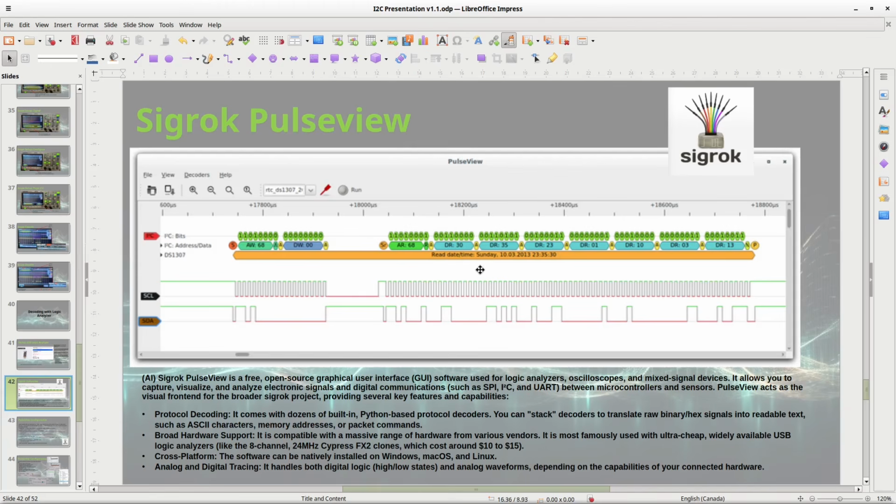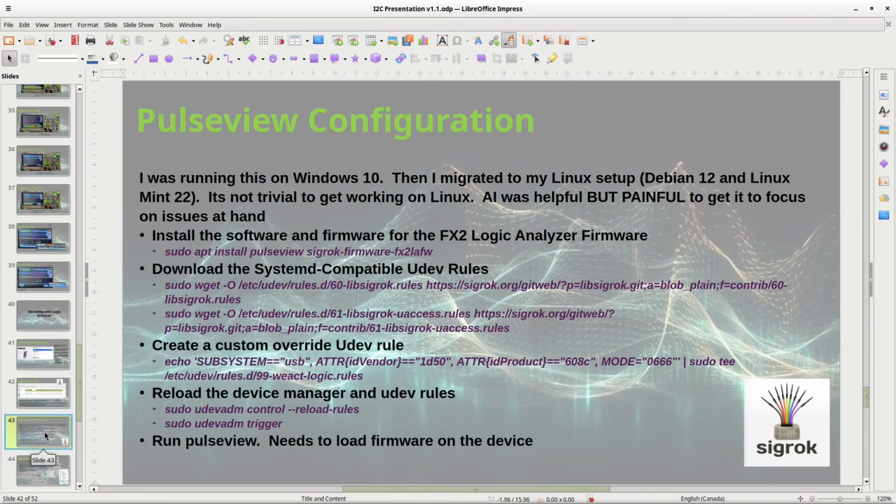Now this works with only a handful of devices, so you've got to make sure whatever device you get, if you're using PulseView, PulseView has a firmware for it, because PulseView loads firmware on the device to do the decode. So it's free open source software. You could read this on your own.